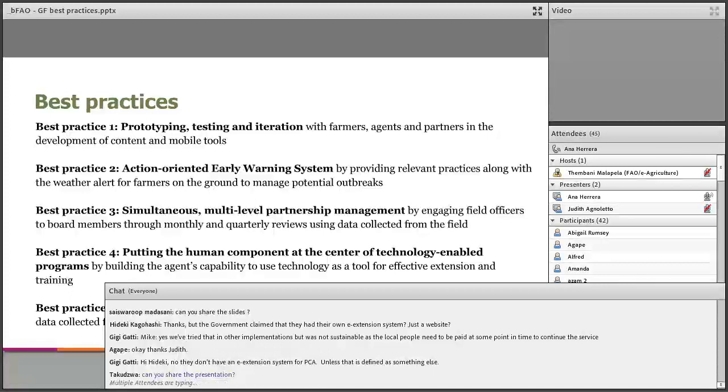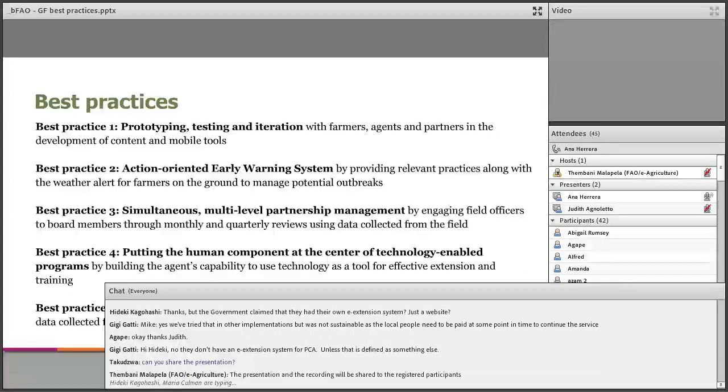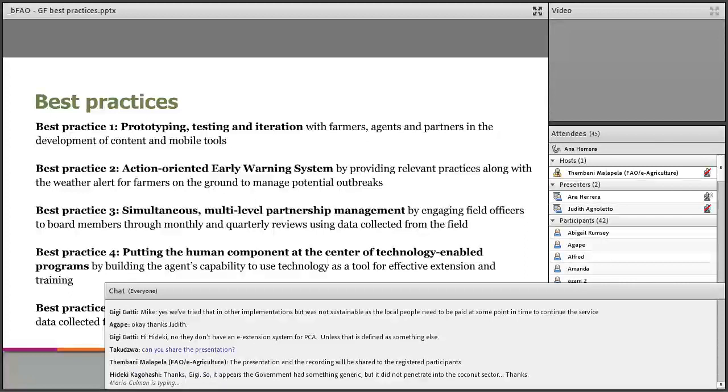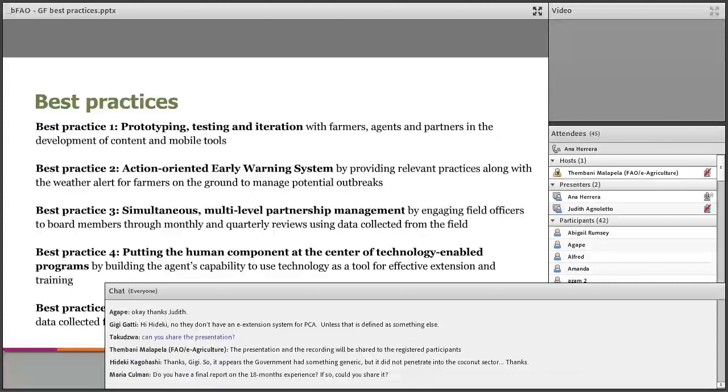Thanks, Abigail. So the early warning system, Judith mentioned earlier that we have a group of technology service providers. So we pull weather information and combine that with the GPS data that we collected on the ground from the farmers themselves to know where the location is. And those two different types of information are matched with certain parameters that were defined by the Philippine Coconut Authority, in this case the government, that will trigger an extreme weather event or a potential pest and disease outbreak. Now, when certain conditions are met,